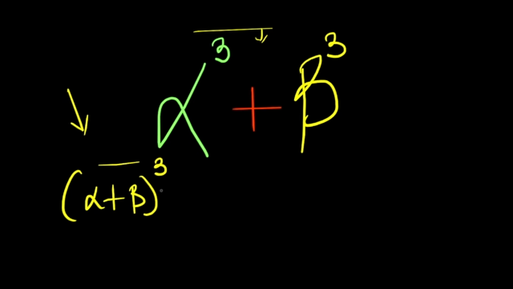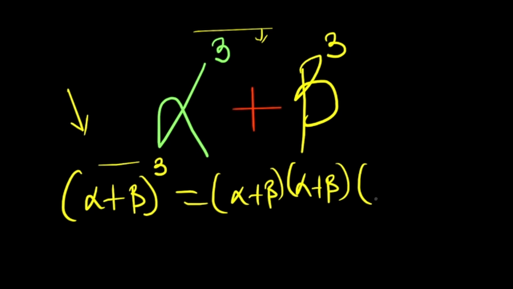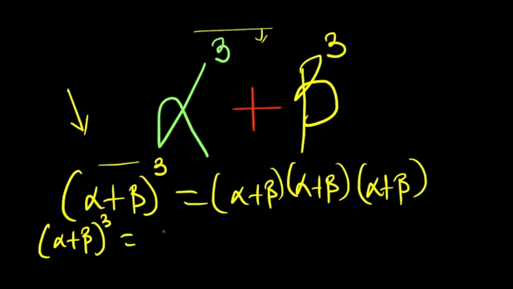So alpha plus beta all cubed means that alpha plus beta is multiplying itself 3 times. This is the second one, and here we have the third one, right? Good. So now let's go ahead and do the expansion. On the left we have alpha plus beta to the power of 3 is equal to, let's multiply. I'll multiply the first two first, then when we're done, we now multiply whatever we get by the third one,